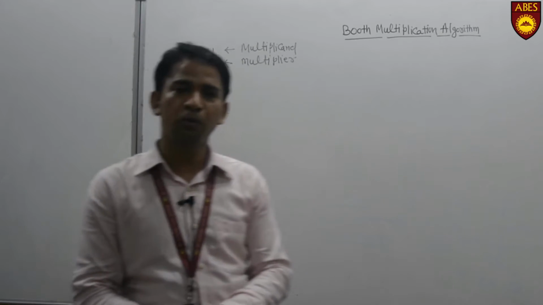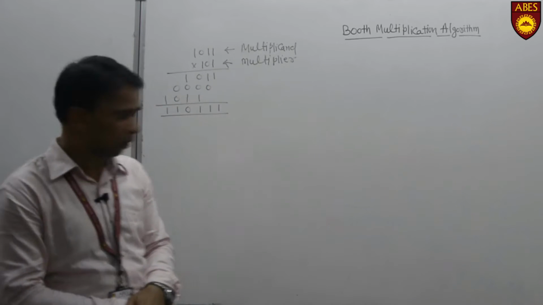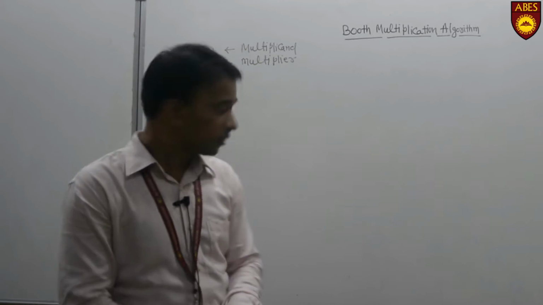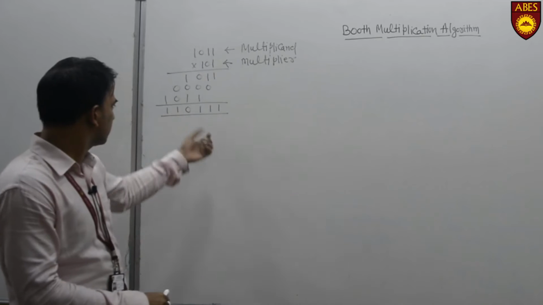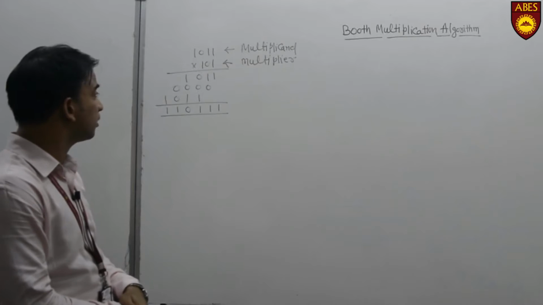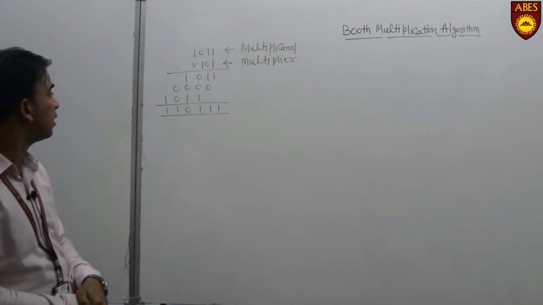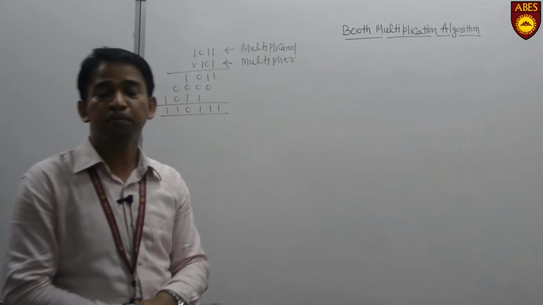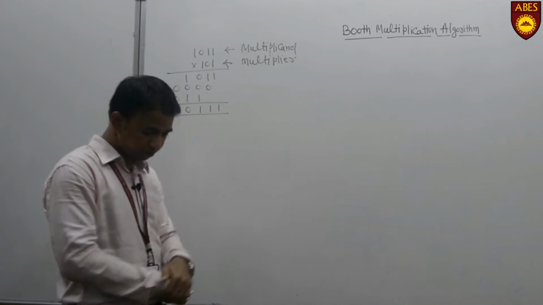The numbers copied down in the successive lines are shifted to the left from the first number, and finally we add all the numbers, and that provides the sum of products. The sign bit of the product is determined from the signs of the multiplicand and multiplier. If both are alike, it will produce the positive sign. If both are unlike, it provides the negative sign.